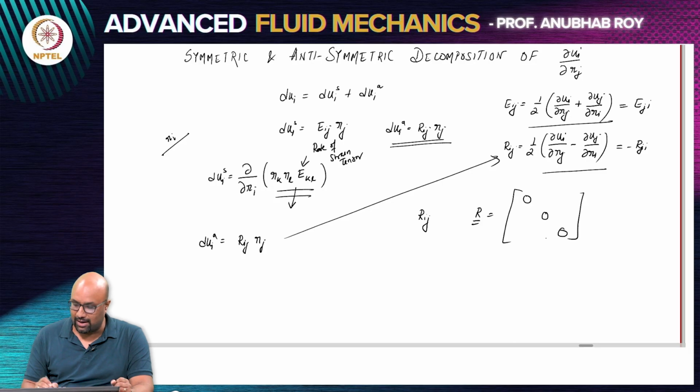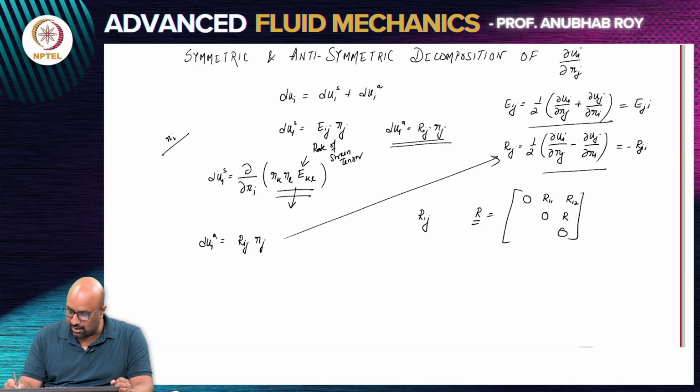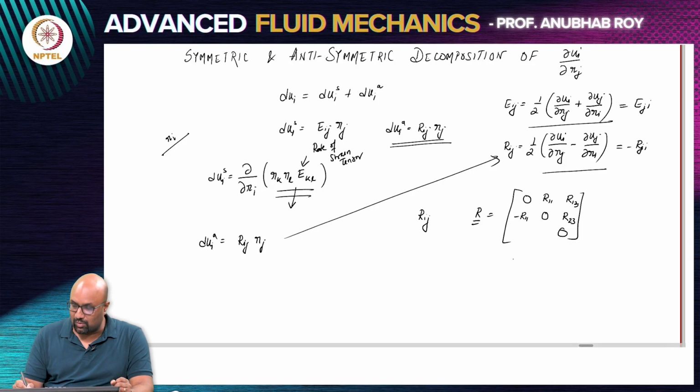So, it cannot have diagonal elements. The off diagonal elements, if I write them as R12, then this would be R13 and this would be R23. This would be minus R12, this would be minus R13 and this would be minus R23,